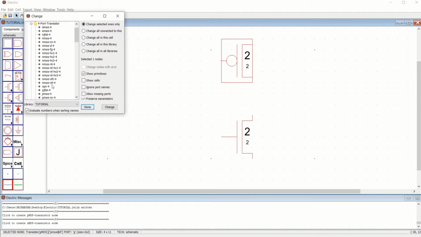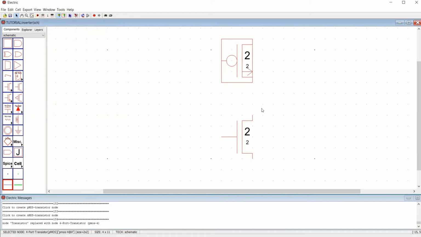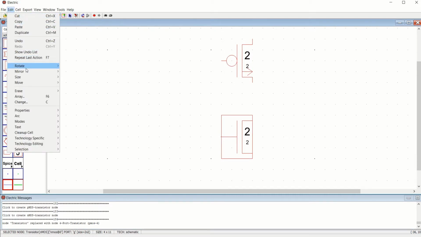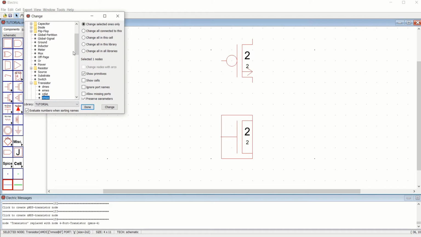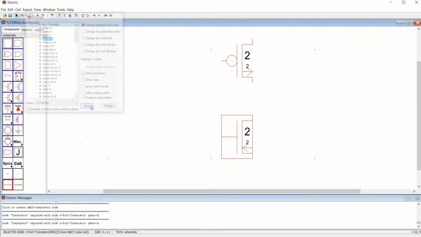Make the PMOS 4-port, change, you can see the change here, done. Similarly, change the NMOS to 4-port, select the NMOS, change, done.